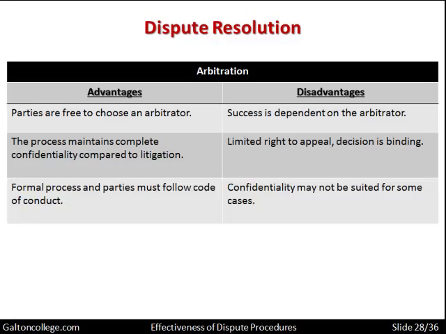Of course, confidentiality is another issue. Well, as we mentioned earlier, it may not be suitable for some cases. Sometimes it's necessary, perhaps, for the trade unions to go back to their members and tell them what has been offered or what the arbiter is thinking, and ask to see if it is acceptable. It could be that the management can't accept some decision of the arbiter because it will affect their position in the market and perhaps give their competitors an advantage. So sometimes confidentiality may not suit the negotiations.